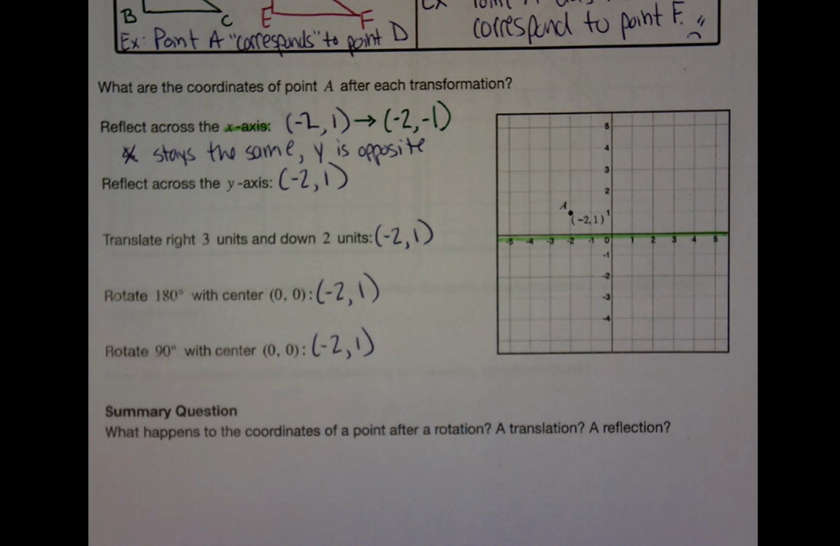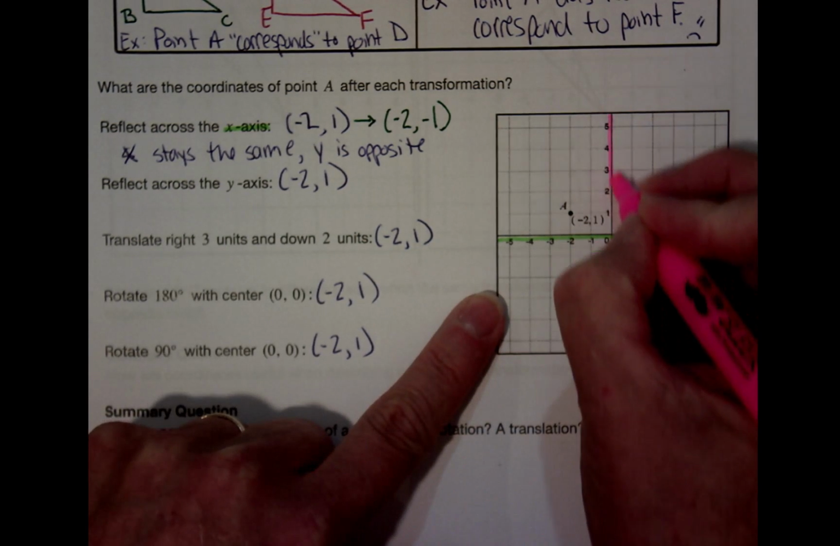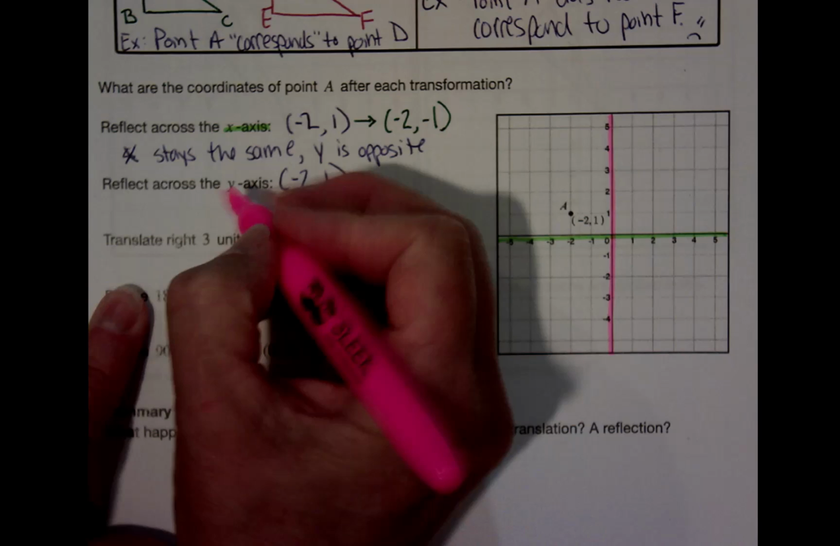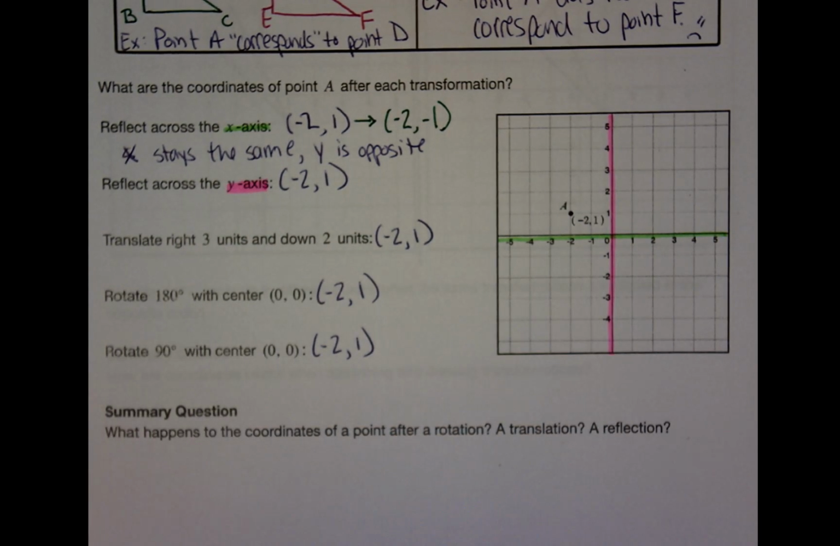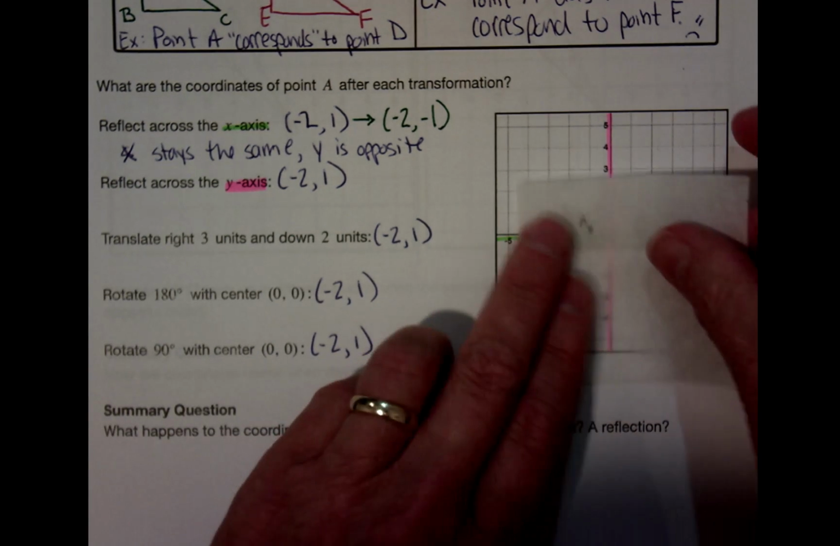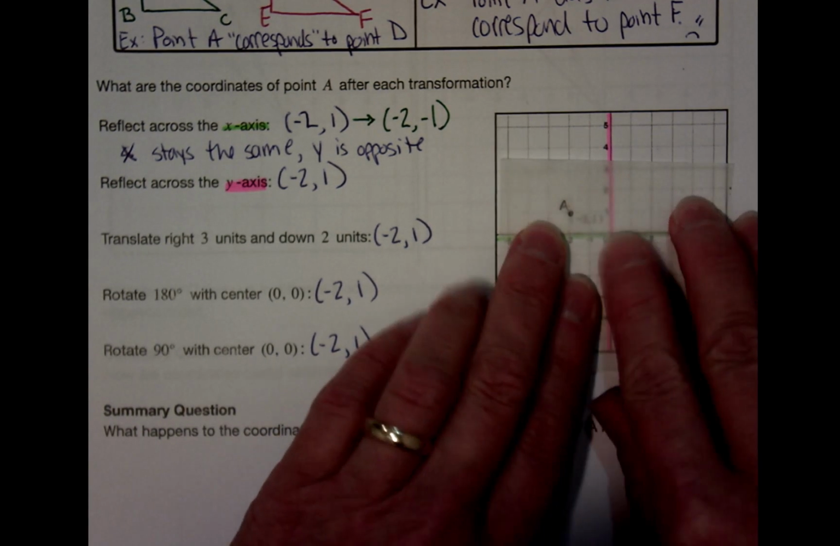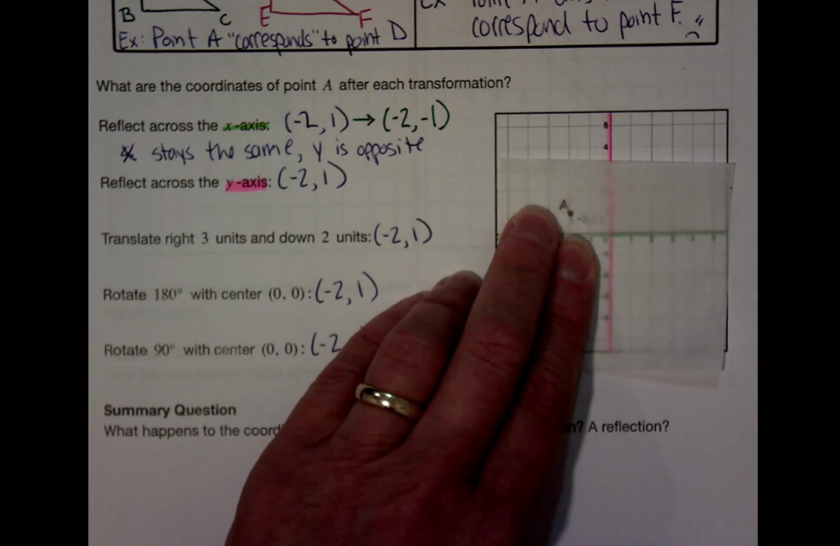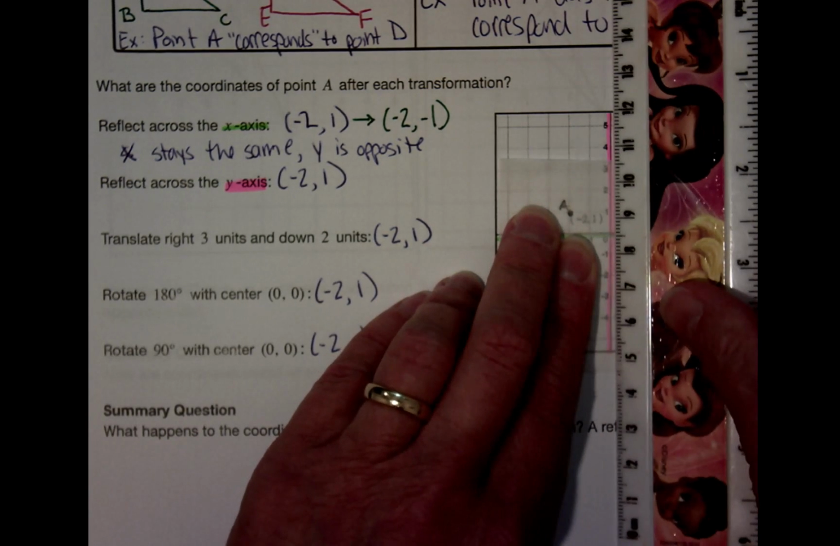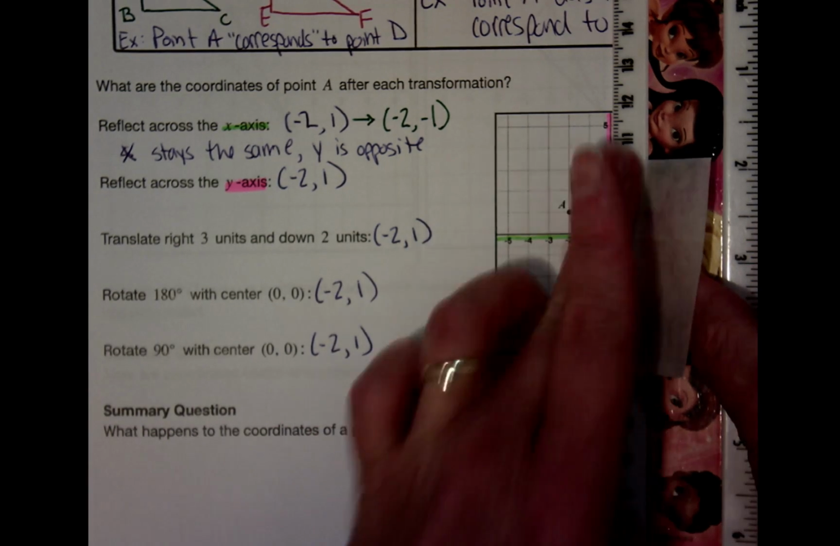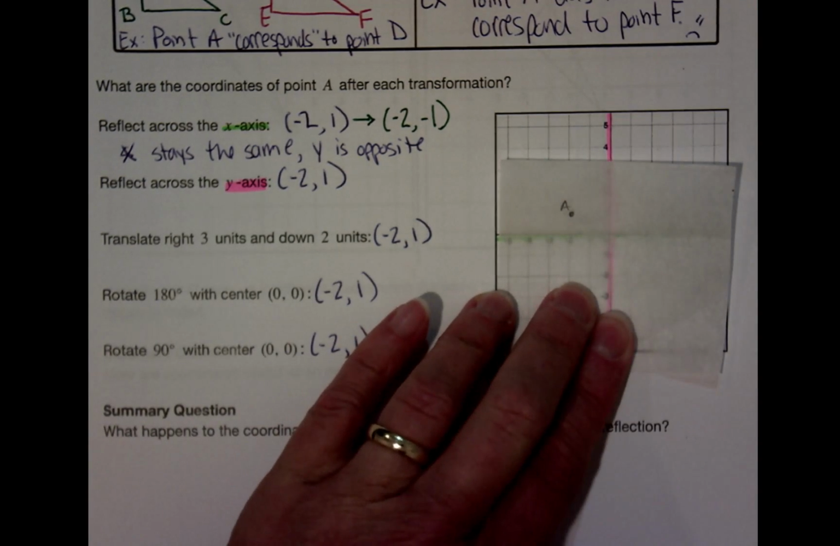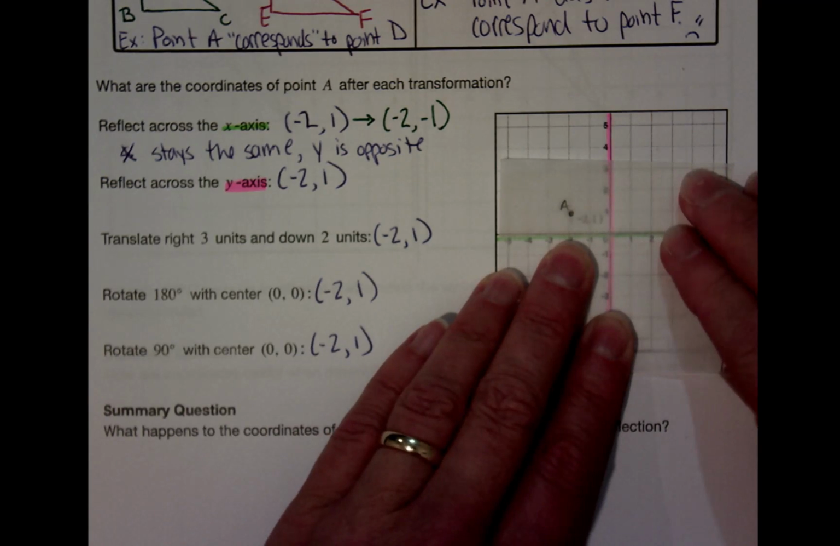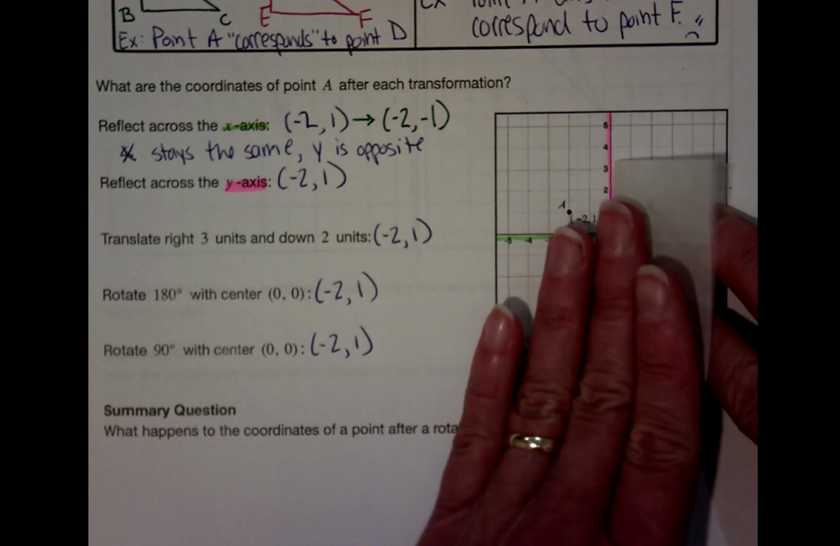Reflect across the y-axis. Here's the y-axis here. And I bet you can predict what's going to happen. Get my transparent paper again. But this time we're going to, not translate, we're going to reflect across the y-axis. I'm going to make a line of reflection with my transparent paper. And when I reflect across there,